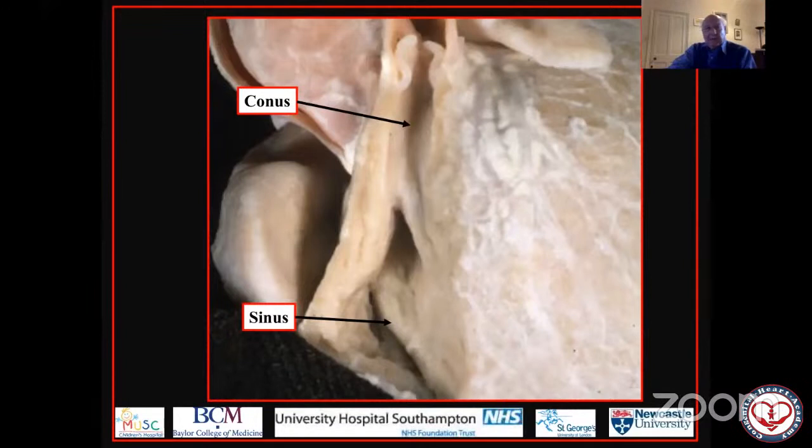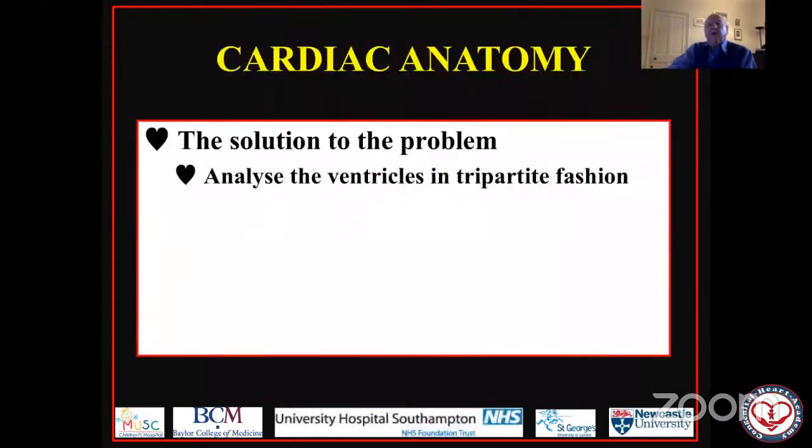So at the time, we were forced to disqualify this chamber from having ventricular status, even though it was more or less identical to the chamber I showed you a moment ago from tricuspid atresia, which everyone was happy to call a right ventricle. And to me, that did not seem quite right. And so the solution to this problem that confronted us was to analyze the ventricles not in bipartite fashion, sinus and conus, but rather in